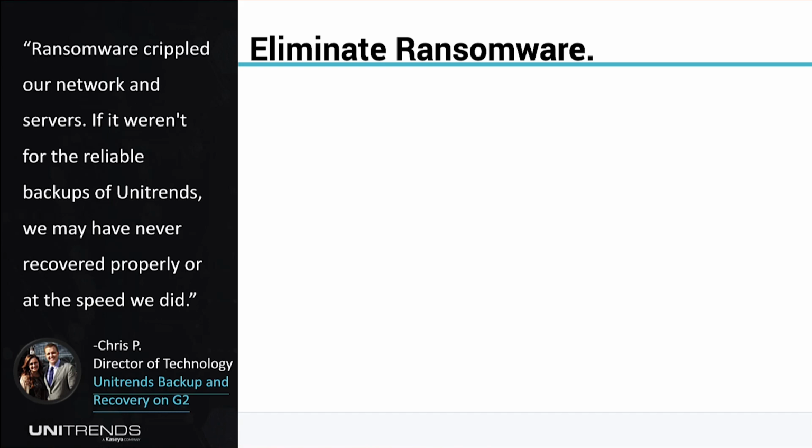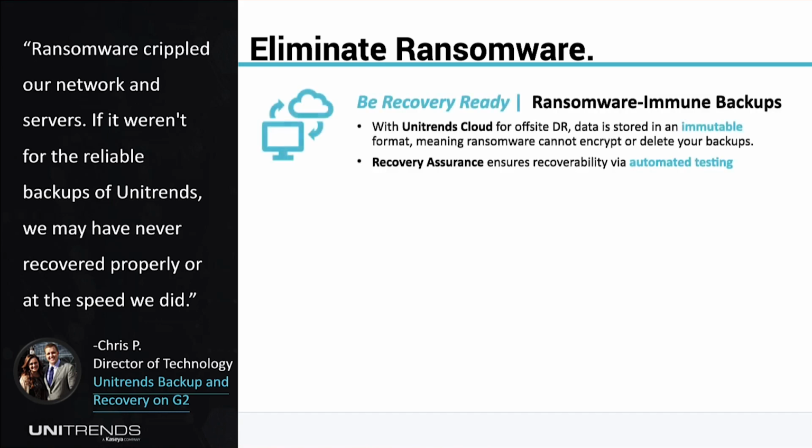We've undergone significant and continuous efforts to deliver a hardened backup infrastructure through a combination of protective measures. It starts with immutability and our recovery assurance. We talked a little bit about that testing, but with the Unitrends Cloud, we're storing data in an immutable format. No object, no source appliance can modify, write, encrypt, or otherwise change or delete data that's been written to the Unitrends Cloud. So when you're thinking about that replication strategy, the Unitrends Cloud provides that redundancy from cloud-level downtime in